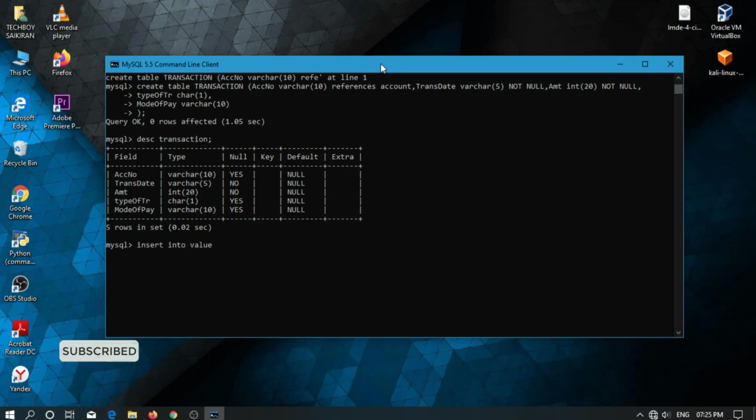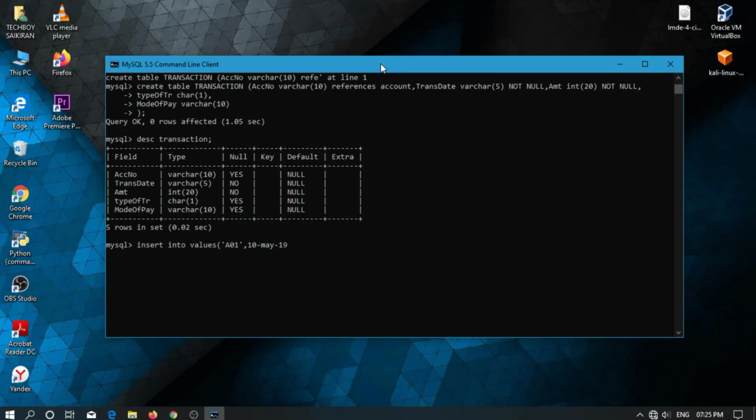Now I'm inserting values into it. Insert into values. Let me take account number as A01, comma, and transaction date as 10th May 2019.